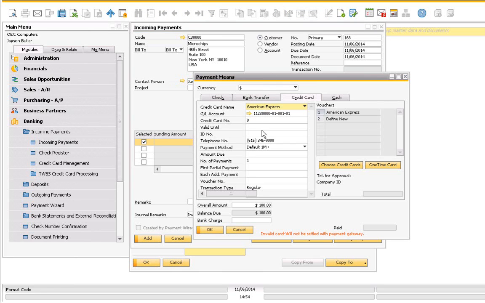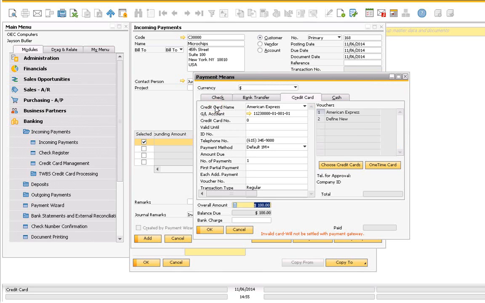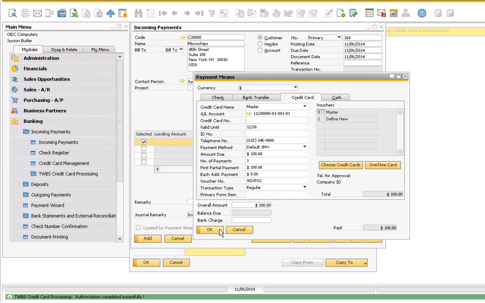tab. To charge this installment payment, it's the same process as any other charge to a document that has not been previously authorized. I'll pick a card from the BP by using the Choose Credit Card screen, and once the credit card details are loaded, I'll fill in any other appropriate information, including the amount due, and if I wanted to use the CVV code, placing that value on the ID number field. When I'm ready, I can click the OK button and initiate the data transfer to process the charging of the